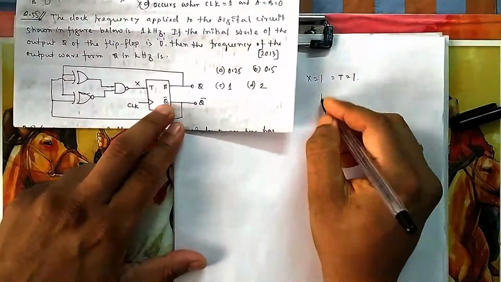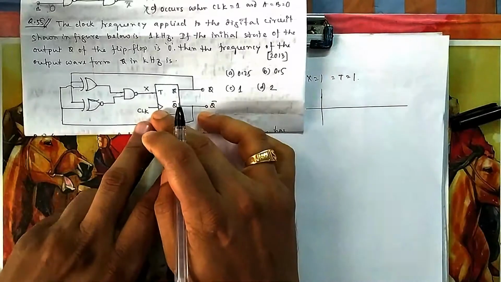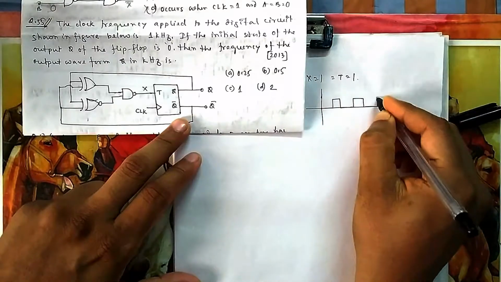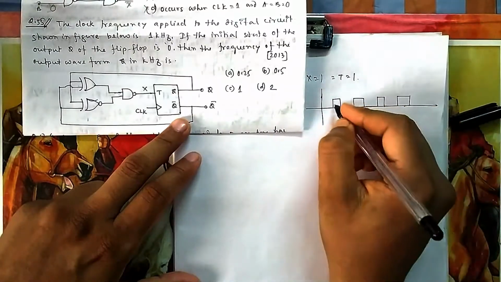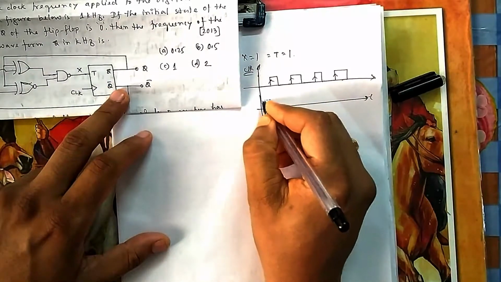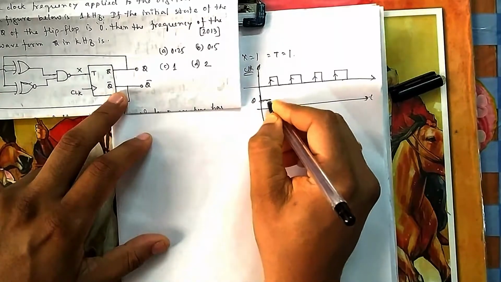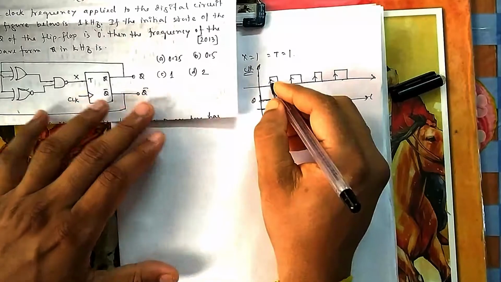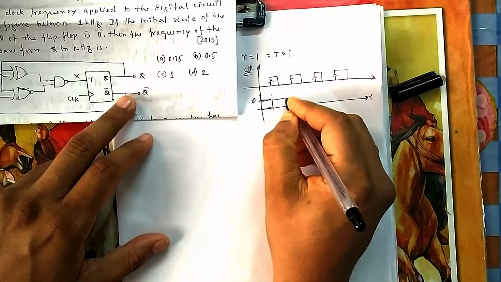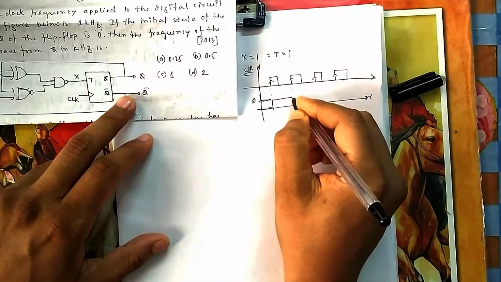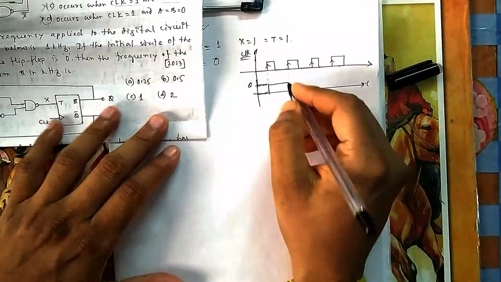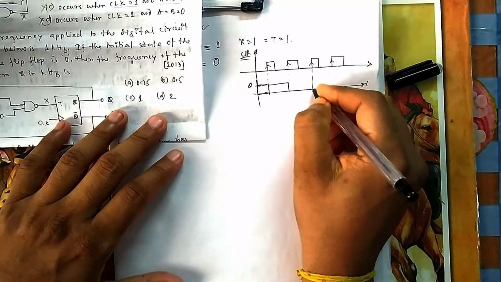Okay. Now let us see the clock frequency on this one. Here there is no bubble, so it is positive edge triggered. That means when the clock is rising, only then it will change. All these will be of the same width. Now suppose Q is initially at 0. When the first clock pulse comes, it will toggle. Toggle means it will become 1, and it will wait. When the next clock pulse comes, it will come to 0, because T is continuously 1, so Q continuously changes. Whenever a clock pulse comes, it will change its position. Next clock pulse is coming here, so it will come to 1.